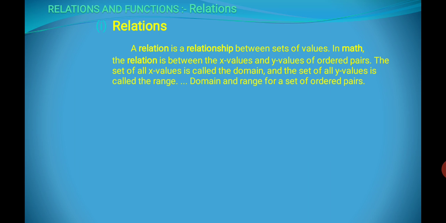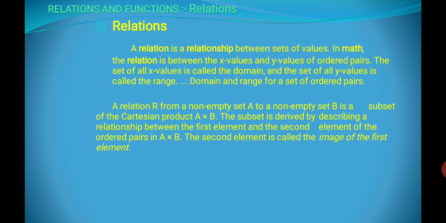That is, there is a relationship between the two sets. Here we take P cross Q, where P is the first set and Q is the second set. So all values of P and Q, that is x values and y values in ordered pairs, and the relationship between x and y, we write as a relation. The first set is called the domain and the second set, whose values are taken in the ordered pair, is called the range, and the second set is also called the codomain.